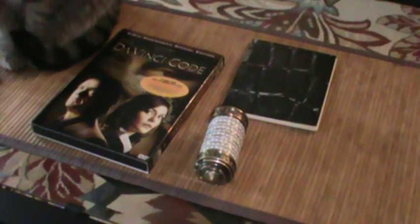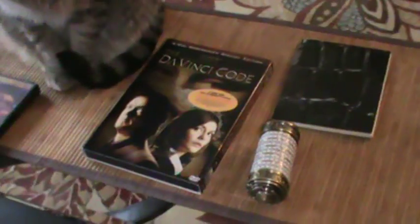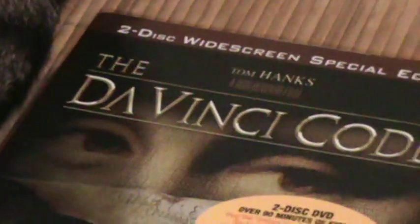Everybody, welcome back. This is part two of my mini-series on movie prop reproductions. Now, I want to say I'm not a huge fan of the DaVinci Code. I did read the book, and it was entertaining the same way a choose your own adventure book is entertaining. It was fast-paced, but it was essentially a pretty dumb story. And it was a fairly dumb movie, but nonetheless, I found something at Fred's,